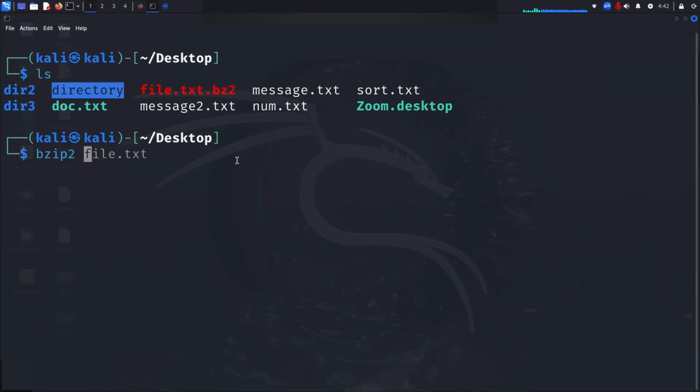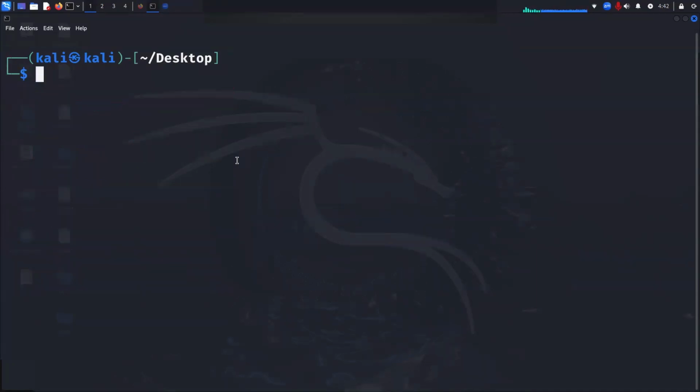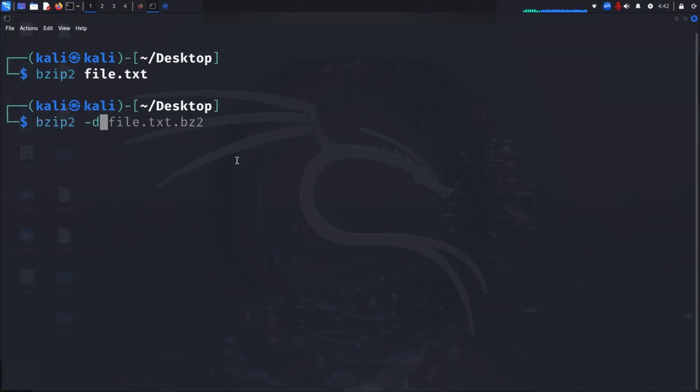And if you want to decompress it, we would just do -d and then file.txt.bz2. And now we have decompressed it, and there it is back to its original state. Decompressing is the same as bunzip2, by the way. So if you have created the bzip2 file.txt.bz2 and we've created that, if we wanted to decompress it, instead of doing bzip2 with the -d flag, we could